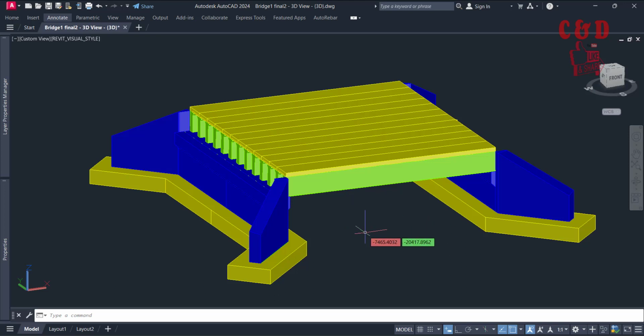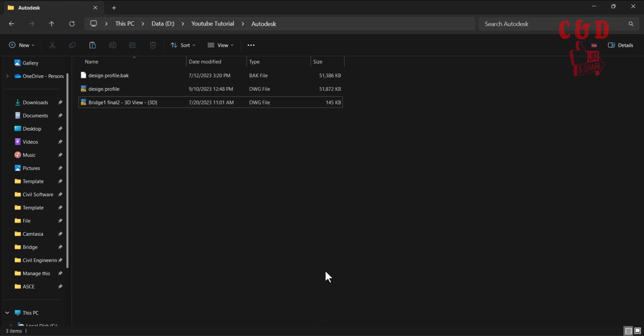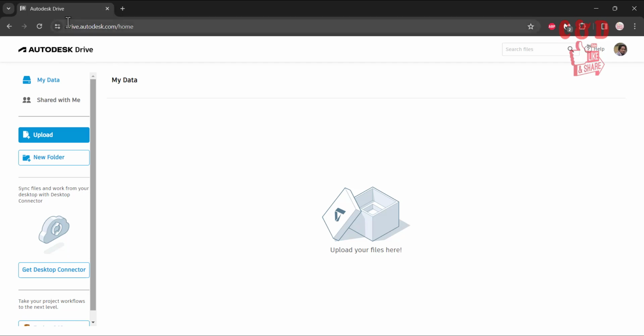So you basically need a CAD file which is 3D. It may be a building or anything like that. Here, you can even see the Revit visual style is on. So you locate your file wherever it is. I have my file here, bridge one. Okay, so you go to the